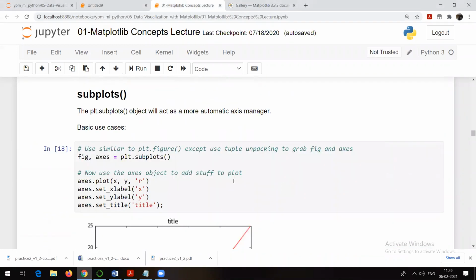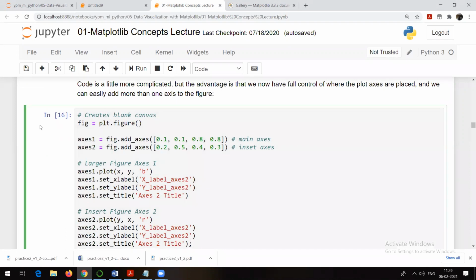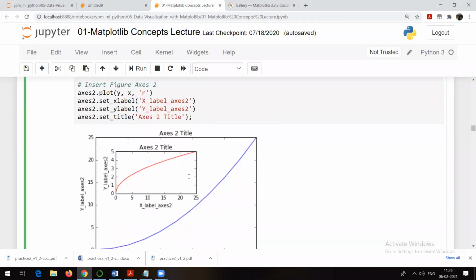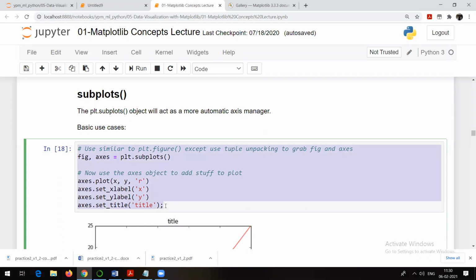Let's go to the next one. Subplots. Okay, so let's see subplots. Subplots actually we have already seen. So whether you want to plot 4 graphs, 16 graphs, whatever the number it may be. Now the same thing we are going to do with the help of only this particular code. See what we have done earlier. We have written figure and axis separately. Now in this code, you can write figure comma axis equal to plt.subplots, and then you can directly plot the graph. The command is the same, dot plot, right? It is going to remain the same.